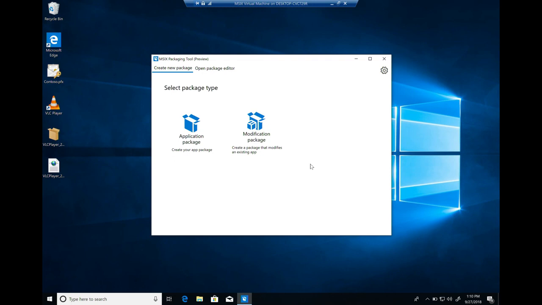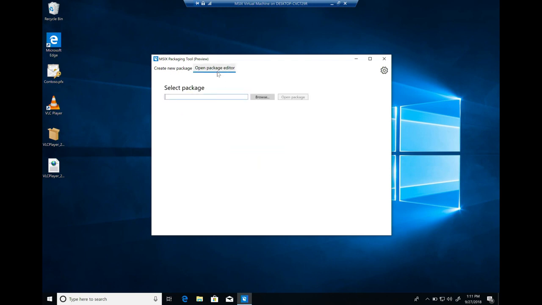Okay, so now that we have this package, let's see how we can make some changes to it. One way that we could do this is using the SDK tool. So if I wanted to, I can download the tool, unpack this package, and see a flat folder of all my content where I can see the manifest and my payload, my registry keys, and manipulate them that way. But we also have a flow for that in the tool, and this is what I really want